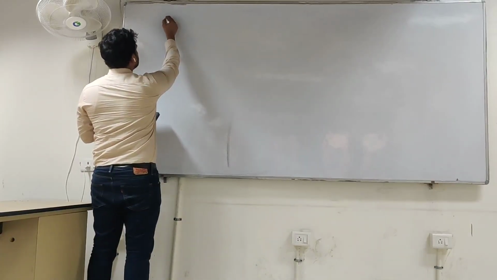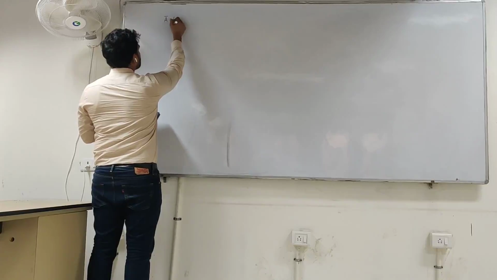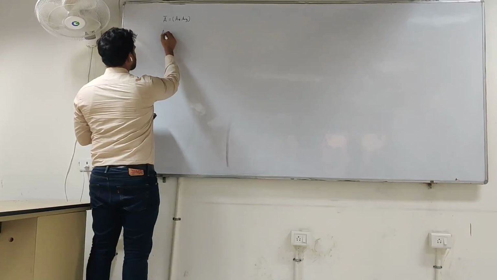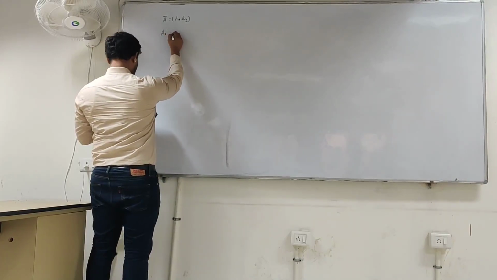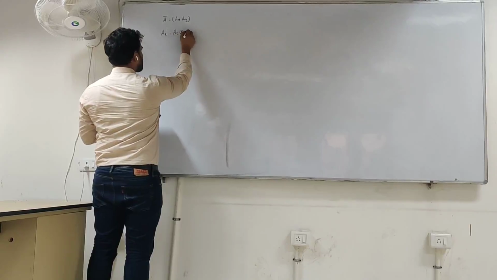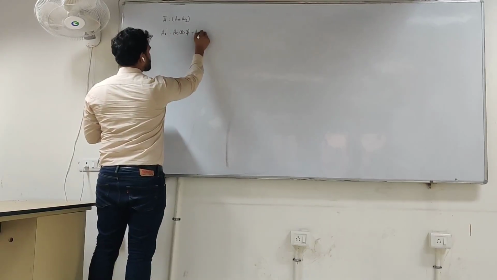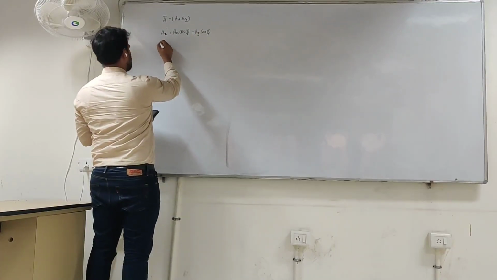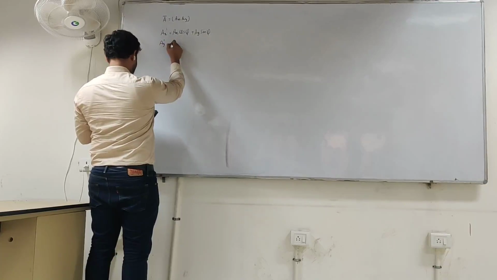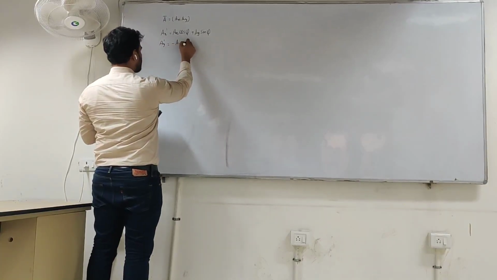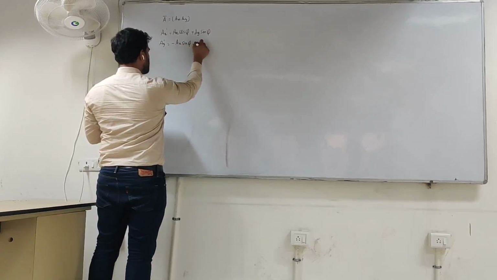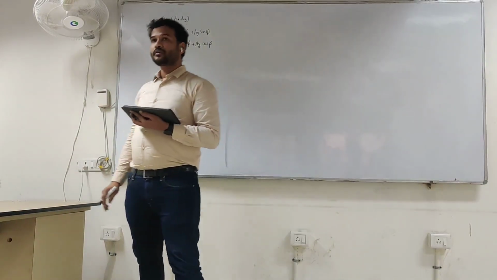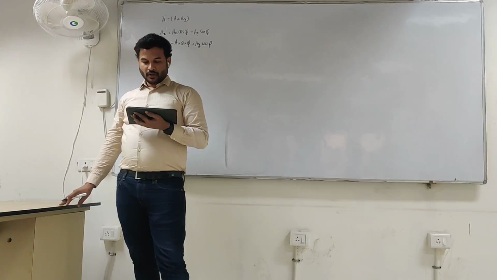Suppose you have a vector represented by ax and ay. Then you have a transformation equation: ax prime is equal to ax cos phi plus ay sin phi, and ay prime is equal to minus ax sin phi plus ay cos phi. Right? Now